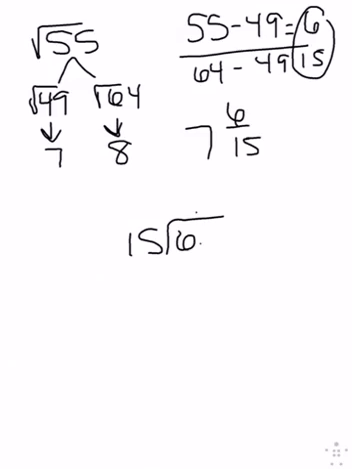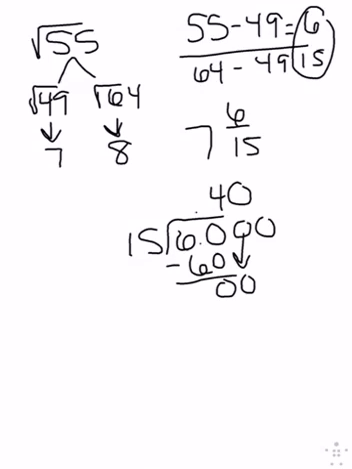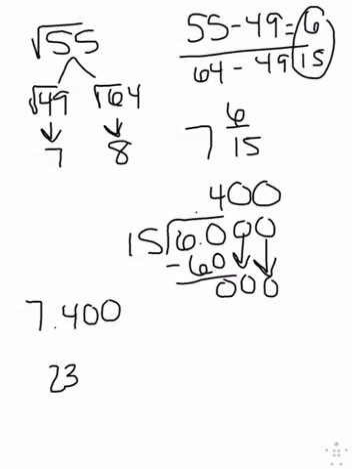15 can't go into 6, so I add a decimal and a 0. 15 can go into 60 four times. Subtract and I get 0. Add a 0, bring it down. 15 can go into 0 zero times. My answer is 7.400. But for number 23, it says round to the nearest tenth, so that's one decimal place,